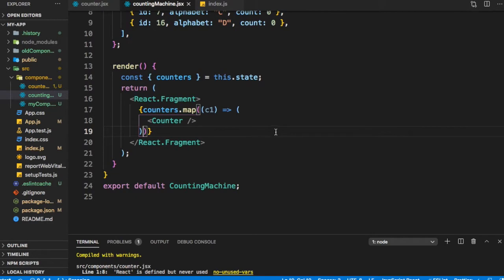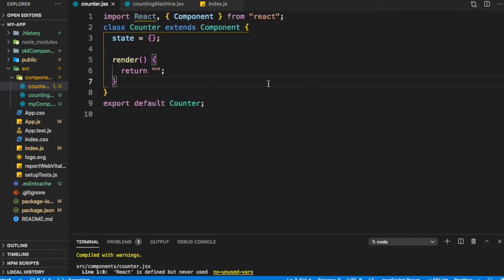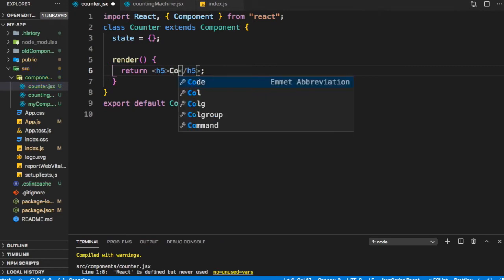This is all that I intend to do. Let's go to our Counter. In this, let us just render an h5 with the text counter.